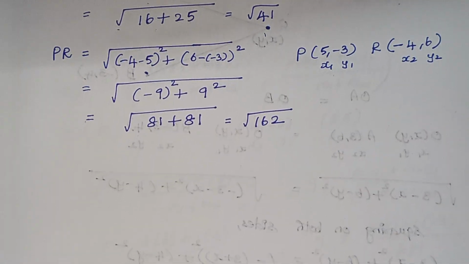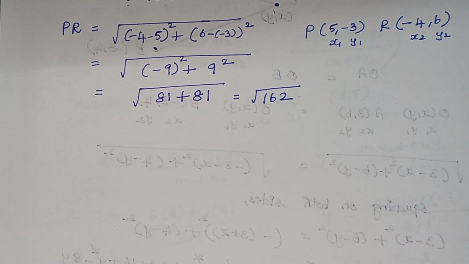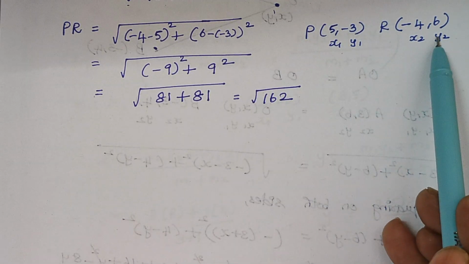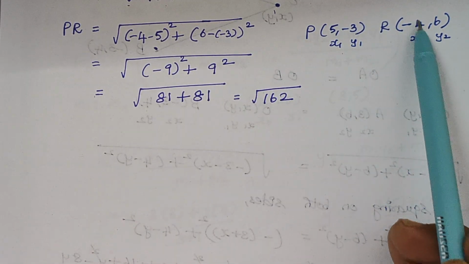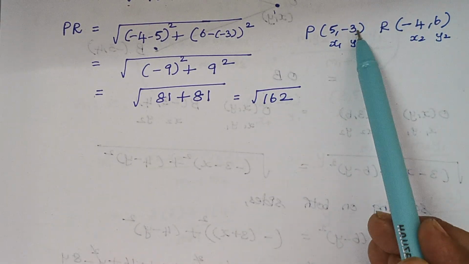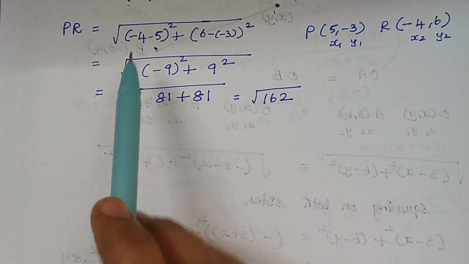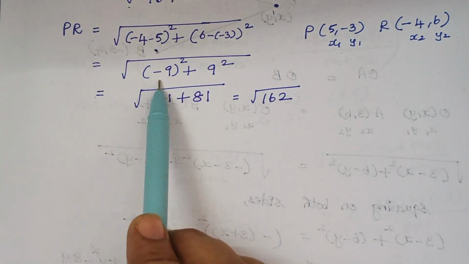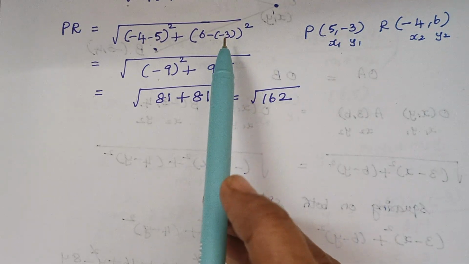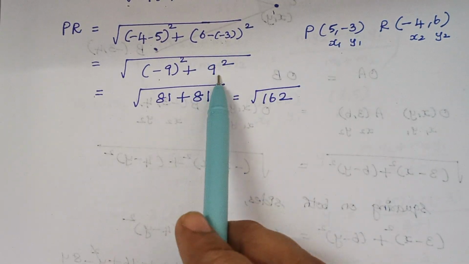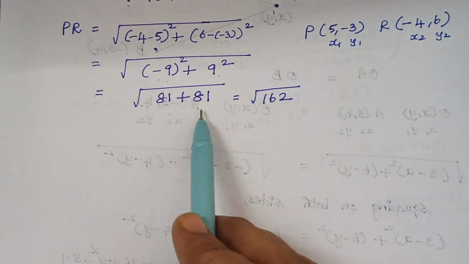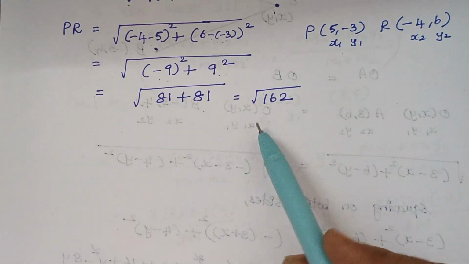So here PR, again take the 2 points P and R, and P is 5 comma minus 3 and R is minus 4 comma 6. So again minus 4 minus 5 the whole square plus 6 minus of minus 3 the whole square. So minus 4 minus 5 is minus 9, and you see 6 minus of minus 3. So minus of minus becomes plus. So 6 plus 3 is 9. So minus 9 square is 81, and again 9 square is 81, and finally the distance PR is square root